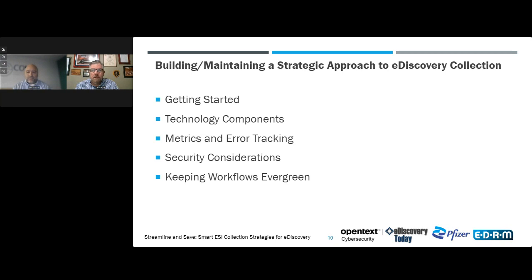Sure. So you talked about how some of the technology components you're using are facilitating metrics tracking. What else do you do to track the performance of your process and use metrics to improve the process and reduce errors? Yeah, metrics are very big, and error tracking is a pet peeve of mine, in that we try to keep automation errors below 10%.